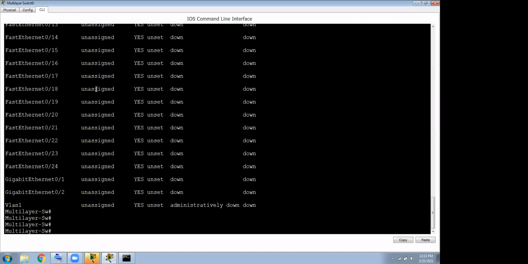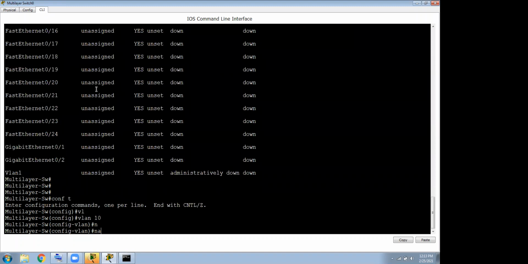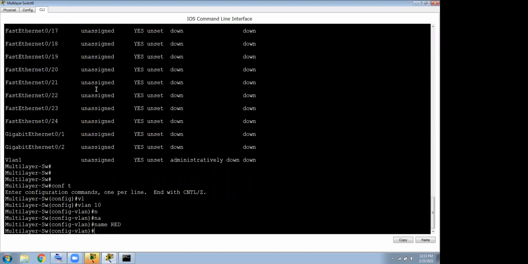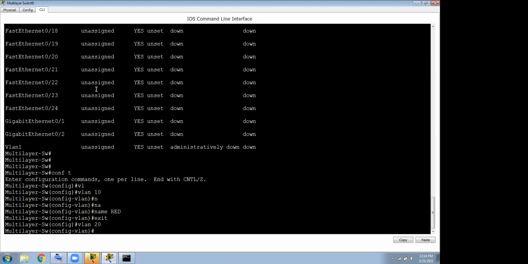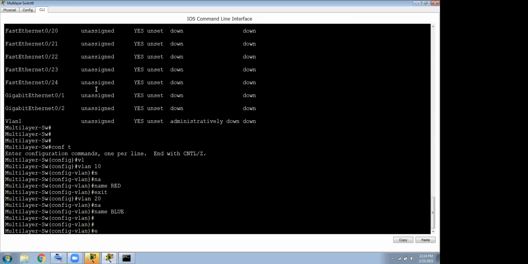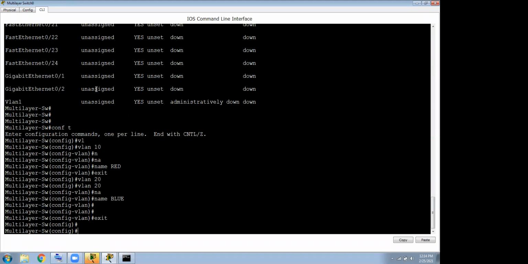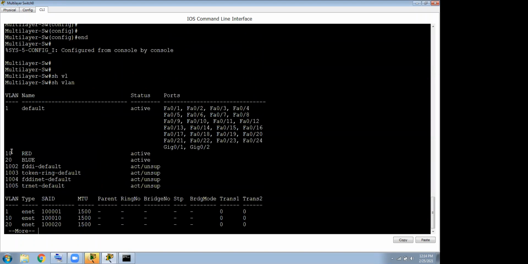Now what I'm going to do, I'm creating VLAN 10 named red. Then exit. Now I'm creating another VLAN 20 named, let's say, blue. Exit. Now if I check show VLAN, can you see here, I have the same switching like what we did before.